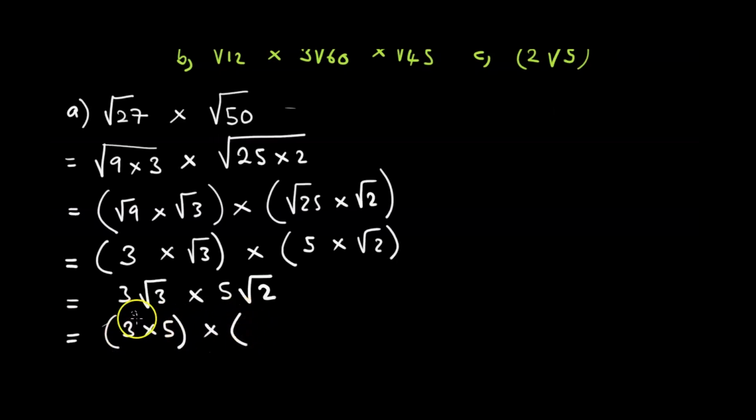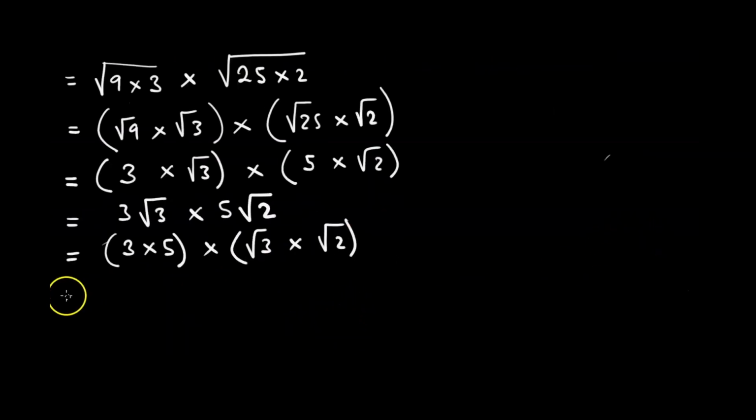times we multiply square roots on their own. So it's the square root of 3 times the square root of 2. Saka panapa 3 times 5 is 15. 15 is going to multiply panapa, instead of the square root of 3 times the square root of 2, inenge yava chi? The square root of 3 times 2.